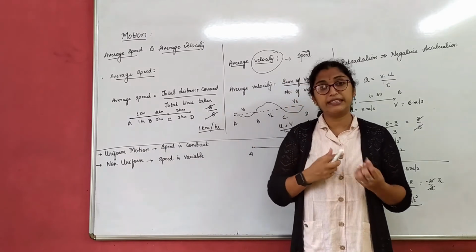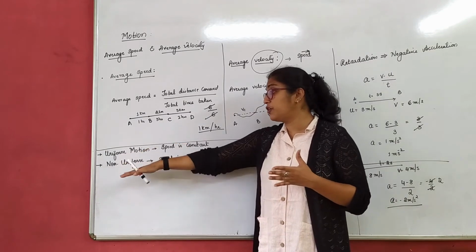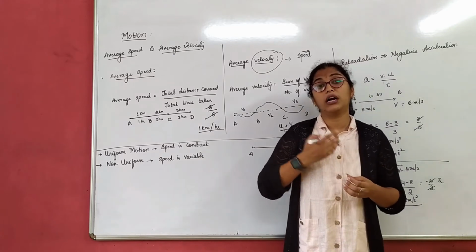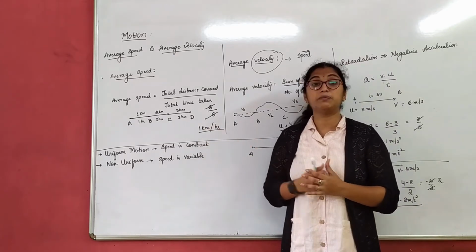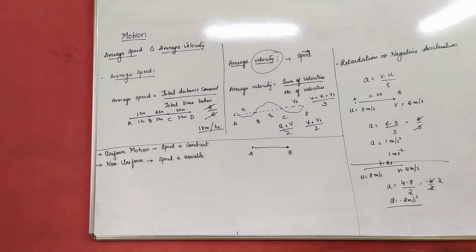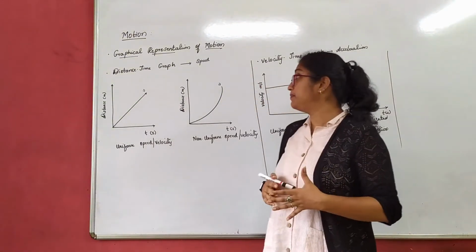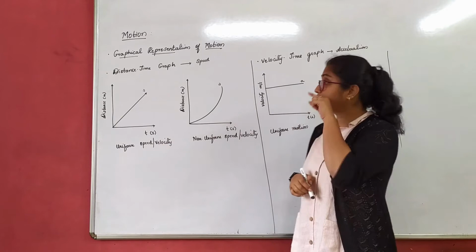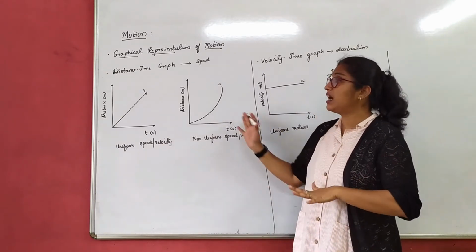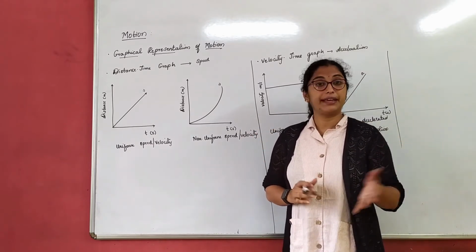So, these are the two basic definitions we have to understand in this lesson. That is what you mean by uniform and non-uniform motion. Next, we'll move on to how to plot the graph of this given equation. We will now study how we represent this motion graphically. We also have some numericals based on this, but for now let's only understand how we represent this graphically. Again, numericals will be done in the regular classes.